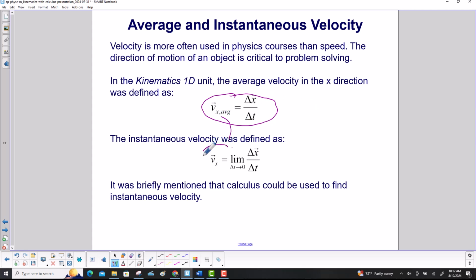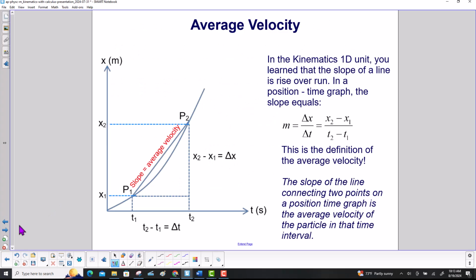The instantaneous velocity was defined as the limit as delta t approaches 0 of delta x over delta t. It was briefly mentioned that calculus could be used to find instantaneous velocity. In the kinematics 1D unit, you learn that the slope of a line is rise over run. In a position time graph, the slope equals delta x over delta t, or x2 minus x1 divided by t2 minus t1. So here's our graph right here, position, time,